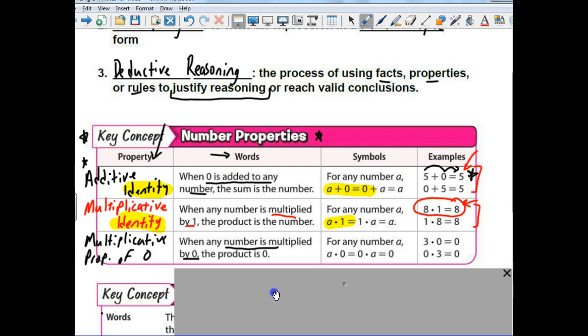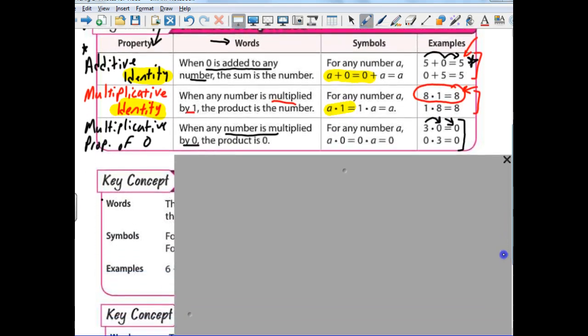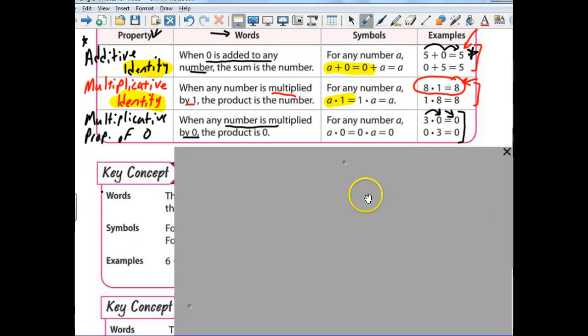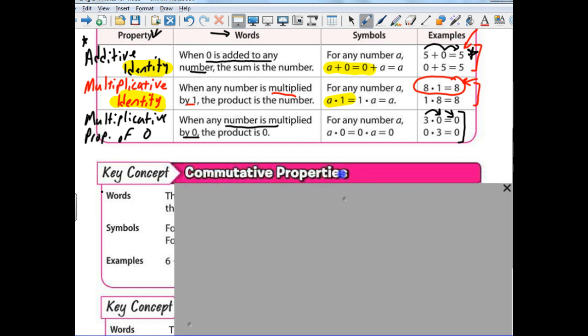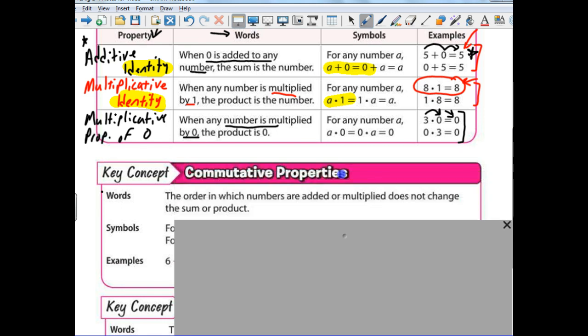The multiplicative property of 0, examples here, means if you multiply some number times 0, you get 0. Right? So if you see that, that's what you call it, the multiplicative identity. Okay? Moving on down the page, there's just some information here about, I know some of you know this property,